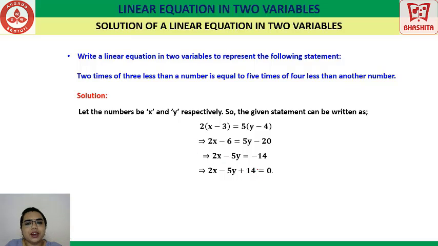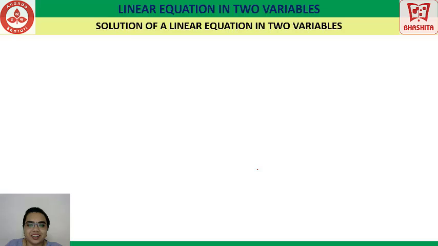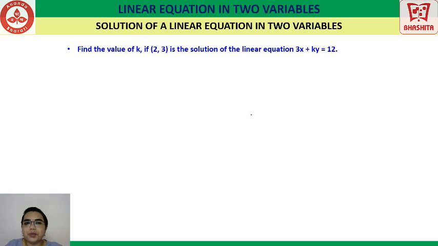Okay, now if you need to find the solution of this linear equation, you can find it by using the trial and error method. Is that fine? Okay. Now we have one more problem, one more question that is very commonly asked. Okay, that is, a linear equation is given to you and the solution of the linear equation is also given to you, but one of the coefficients of the linear equations is an unknown. Okay, it is a variable which you need to find.